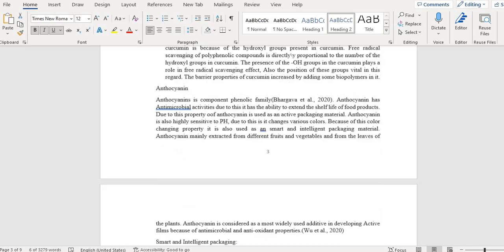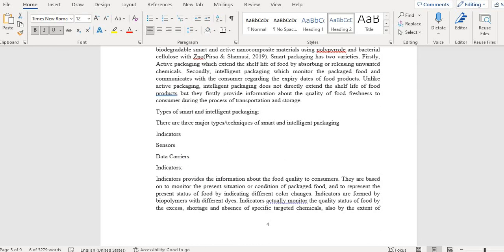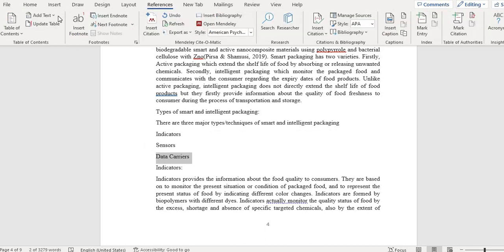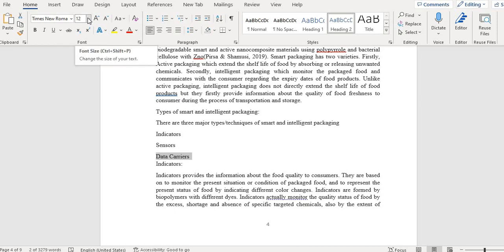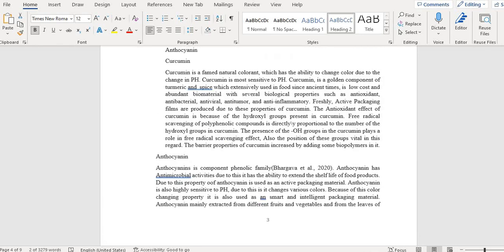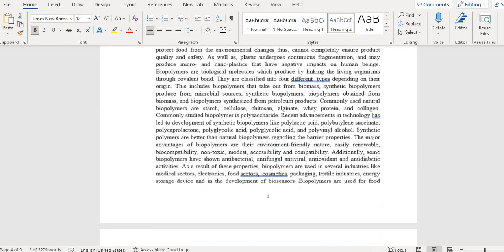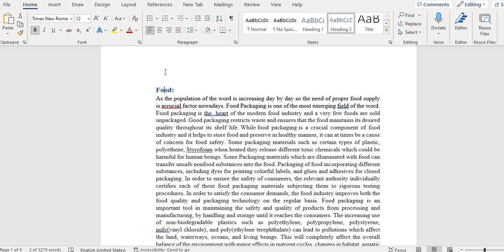In this way, these are the points that I have chosen. For example, I chose this one as a subheading. So I go to References, Add Text, level 2. Then after that, Home. Here it is already set to Times New Roman. Now I have to bold it so that it looks like a heading. After doing all of these headings and selections,